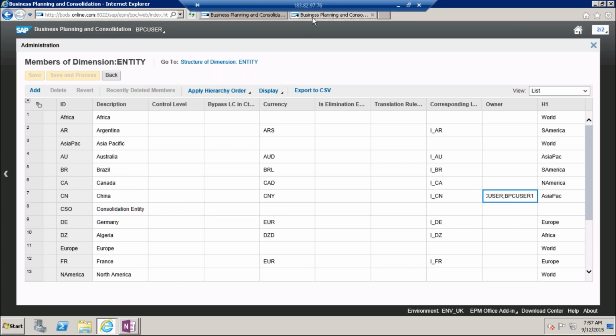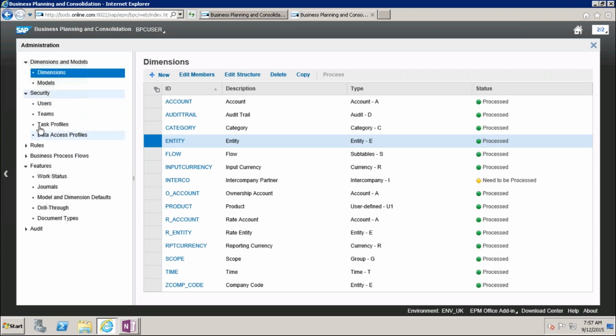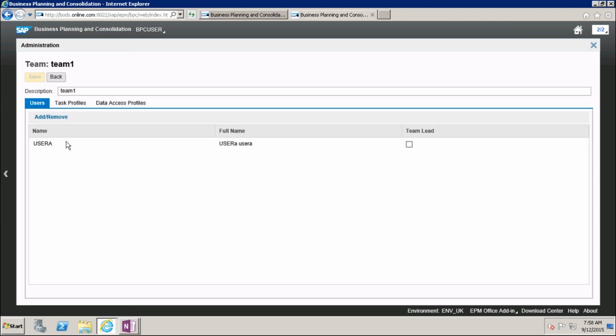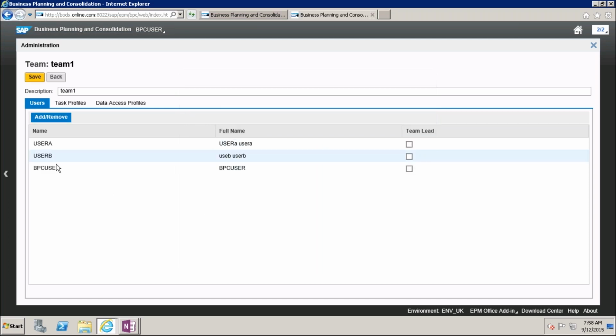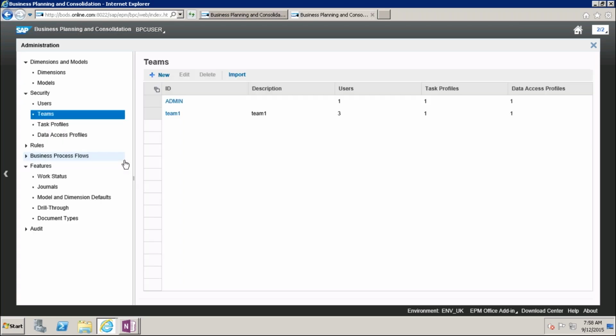Here, under security, team, admin, I am going to give, under admin, team one, under team one, I add 3 users. What is this? Team one.